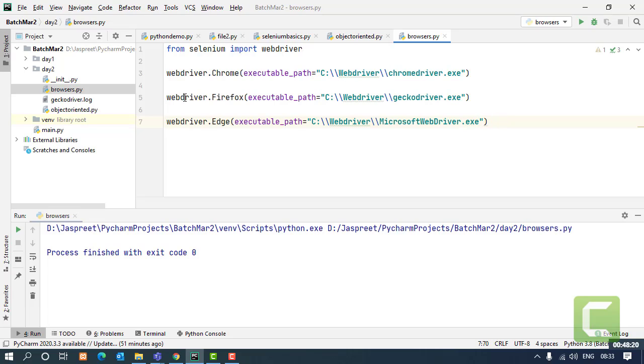Now one thing about Edge is to be taken care of. When you download the zip file and extract the driver out of it, by default the name might be something else. It might be MS Edge driver.